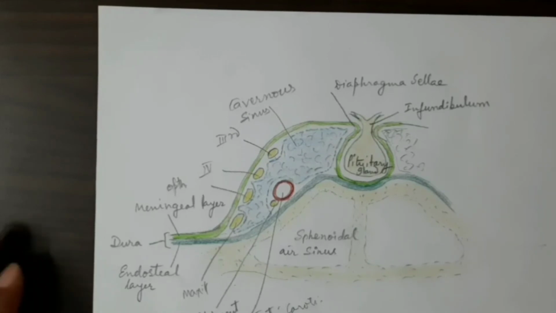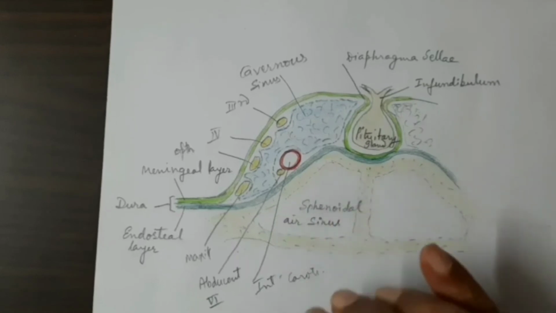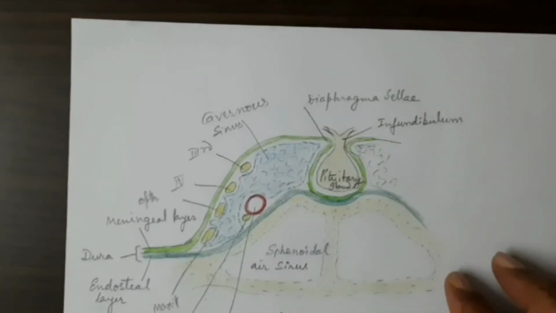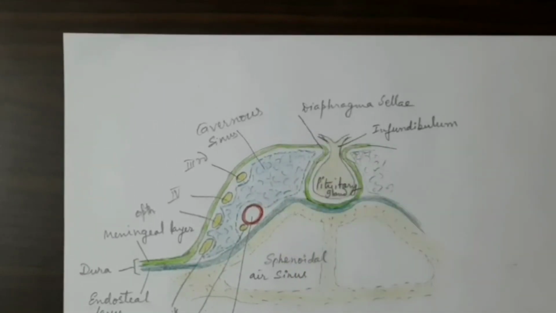Now after finding the cavernous sinus, the contents within the wall of the endosteal and the meningeal dura mater on the lateral and medial side of the cavernous sinus, let us come to the relations. If we see the relation of this structure, superiorly, near the roof,